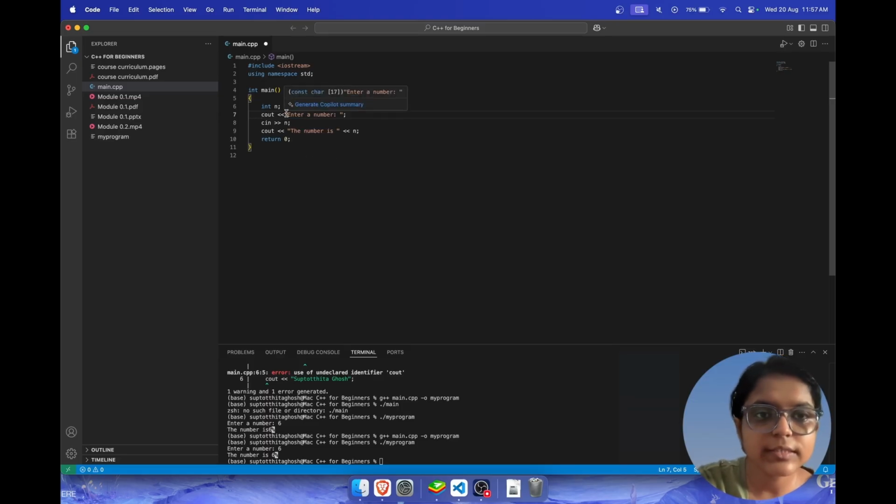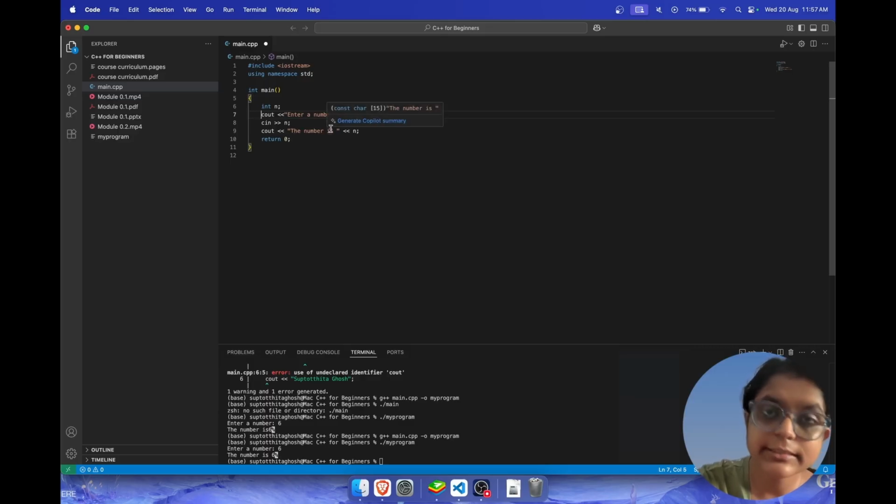Okay, this is a very new concept which we will not be discussing here. So int stands for integer. You can think of it as integer. This line is basically telling the compiler that n, the variable n, will be storing a number, and the number is going to be an integer. So this is what this line is used for. In the next line, we are asking the user to enter a number. In the next line, we are assigning the number entered by the user to the variable n that we just declared here.